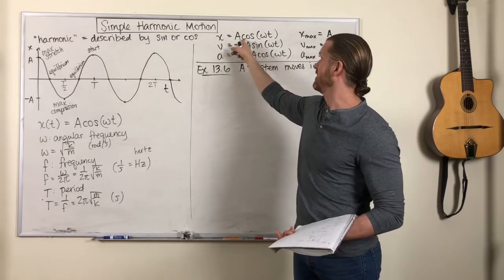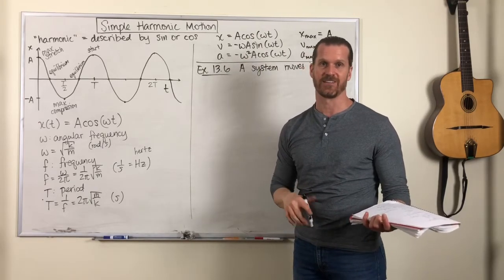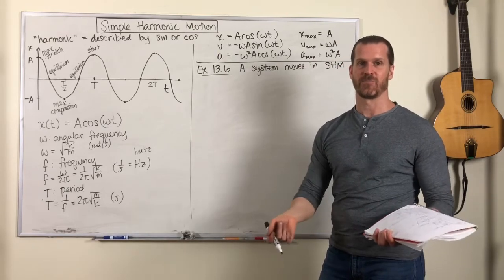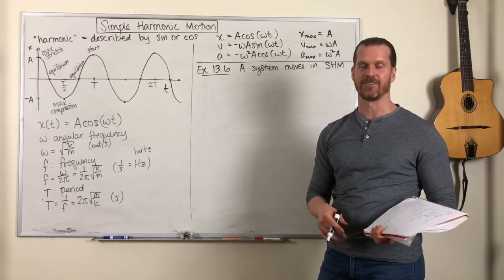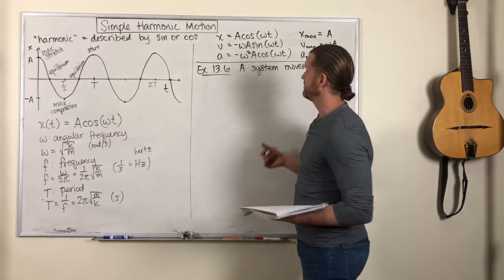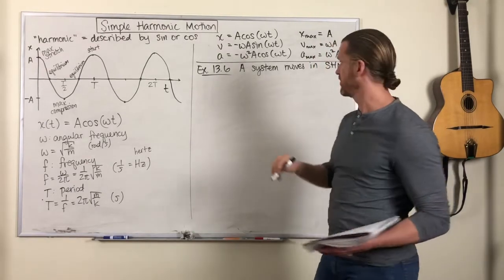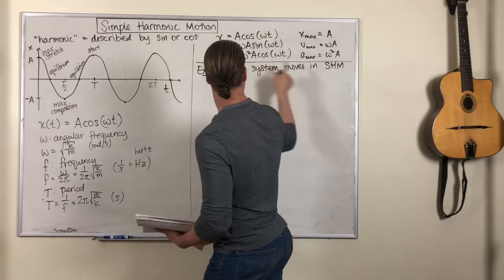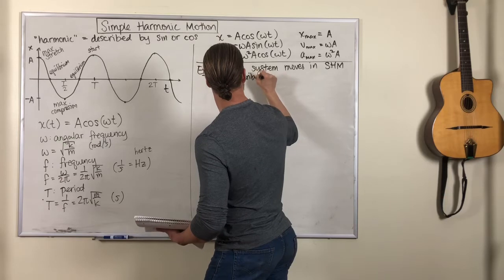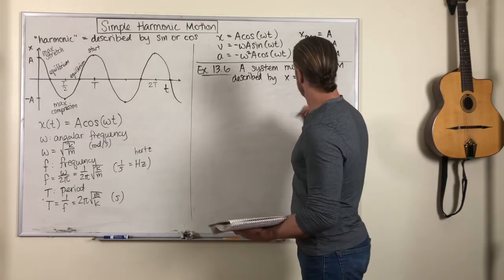Any system that is described by this equation, which is not just limited to springs, as I keep saying, it applies to all sorts of things in nature, exhibits simple harmonic motion. Harmonic meaning described by sines and cosines. Okay, so that's simple harmonic motion. And it's described by x as a function of time equals